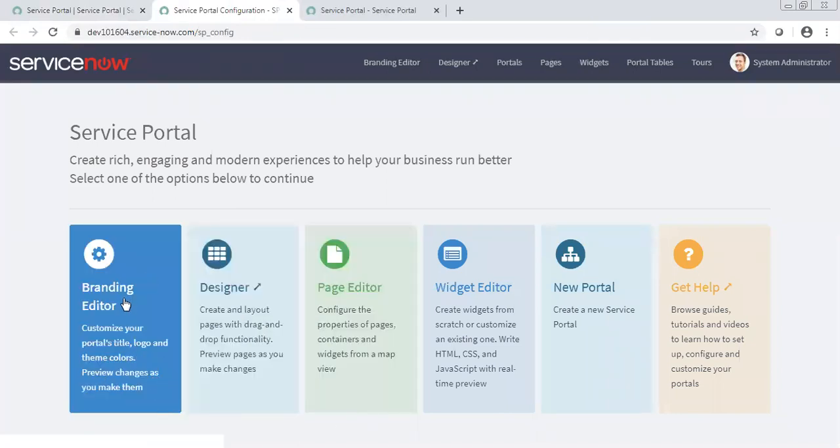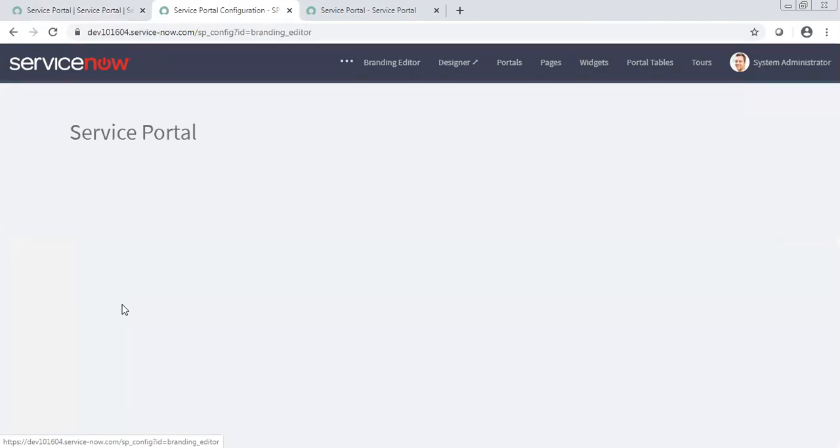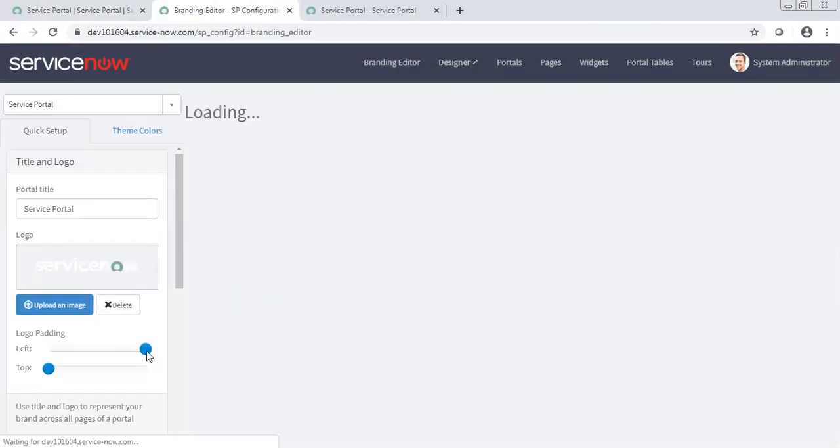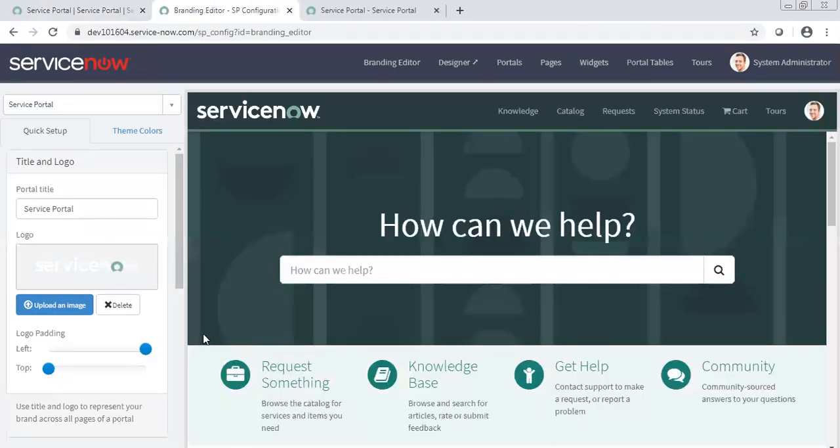Here you see the branding editor. If you click on this, then here, are you able to see this logo? Yes.